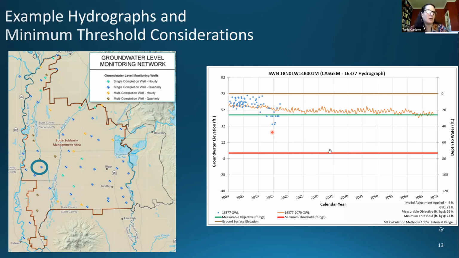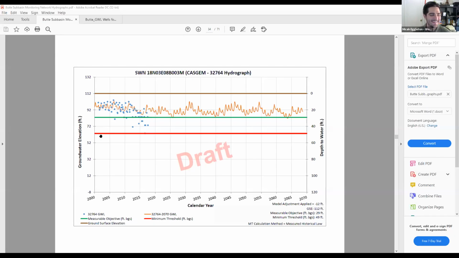Micah, let me ask you something. I don't want this to become cumbersome, but do you think it would be beneficial to go ahead and look at those hydrographs when we're referring to them? I have it up, so if you want to stop sharing, I can share my screen and we can look at one example. I think that'd be very helpful. I just stopped sharing, so go for it. And you can keep describing it if you want. I could take a first crack at it. So do you see my screen now with the hydrograph? Yes. And my little hand, you can see, maybe, I hope. Yep.